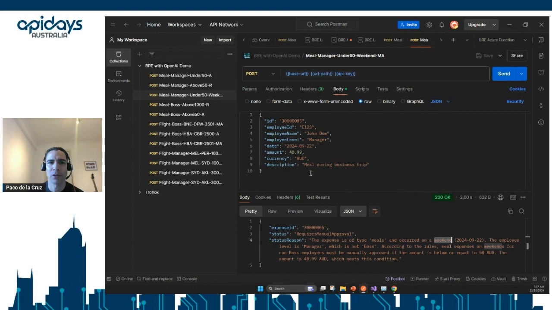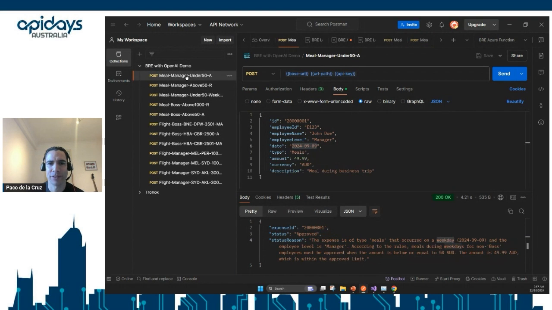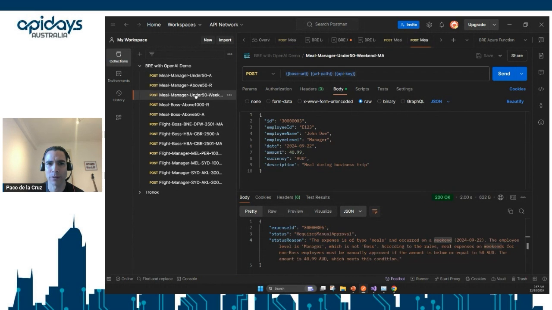But not only that, if we compare the first two, this has a type of meals. The second one has type meals as well. And the third one didn't have meals in the type field, but it was able to deduce the type of expense based on the description. So it's using some kind of semi-structured data and semantics here. So now let's jump into flights.